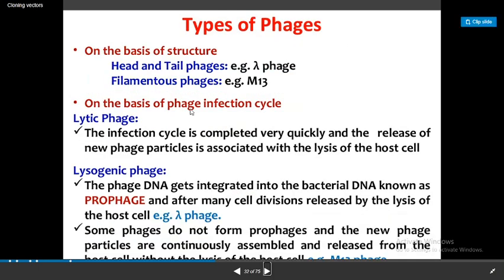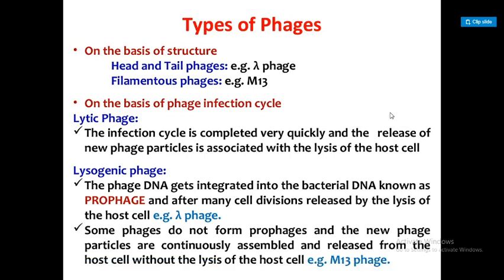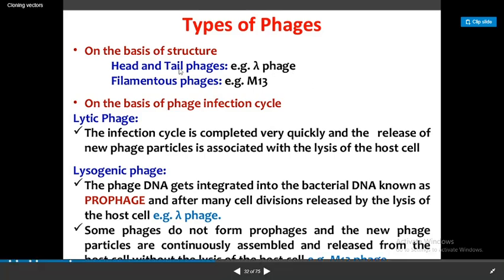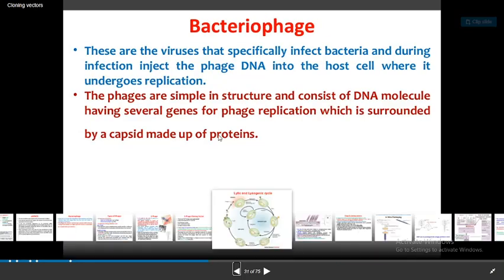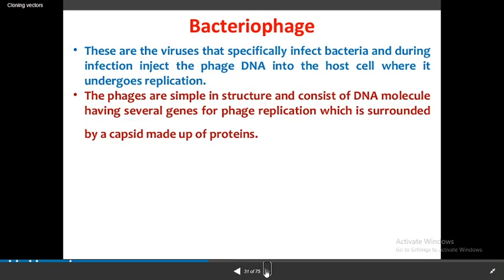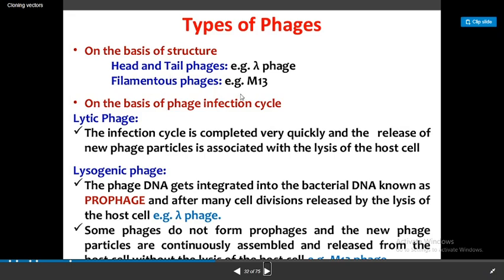I know the bacteriophage looks like a hexagon head and a long tail with claws. Head and tail formation is called alpha phase. And there is another phase called filamentous phase, that is M13. Remember that. We have only learned about bacteriophages with head and tail, but there is another one also. Another phase is called filamentous phase, called M13.